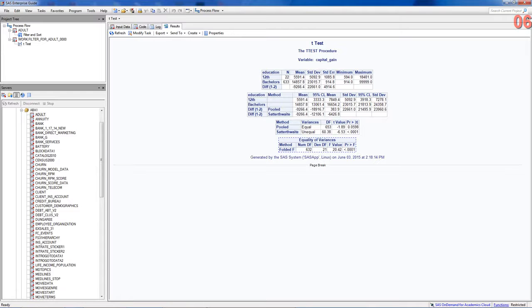And so what that means, we'll need to use the Satterthwaite approach